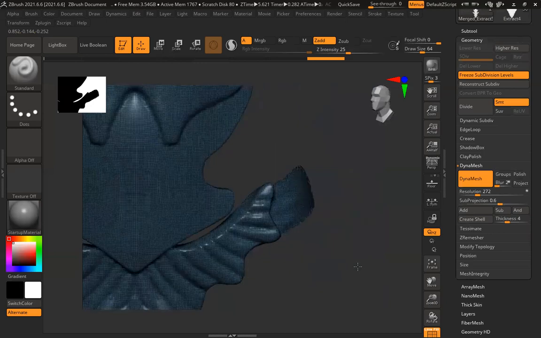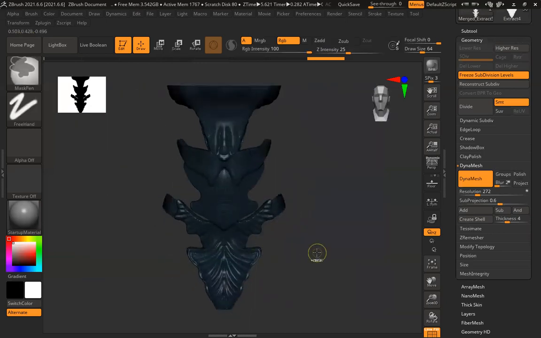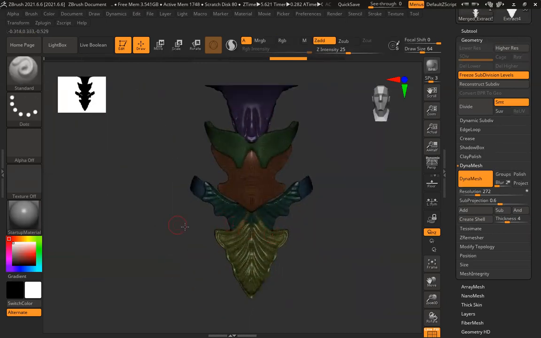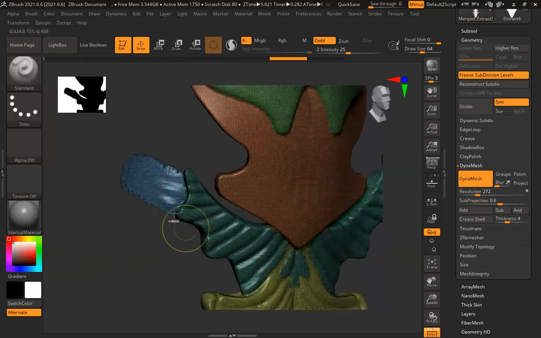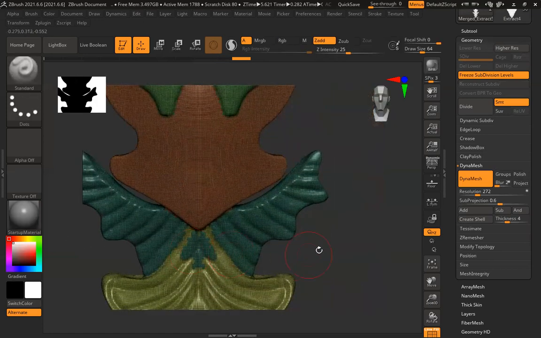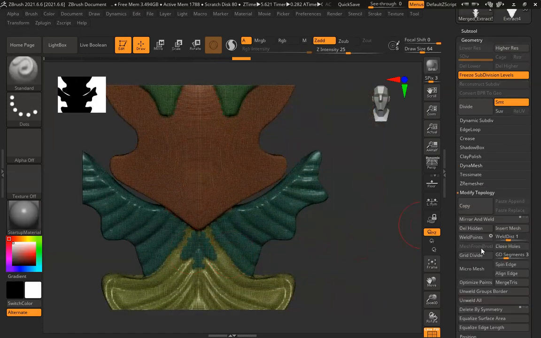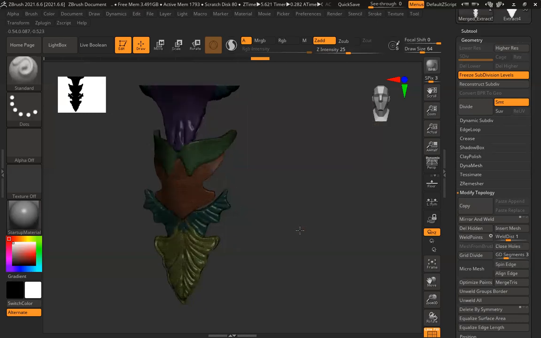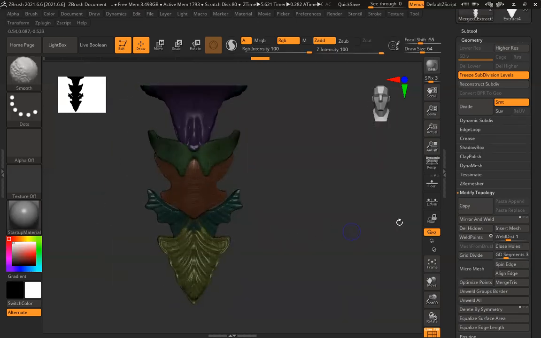Acha, I guess I have to undo. Hidden and delete. I guess I have deleted only the front face, not the back face. So now everything is deleted. It's all clean.